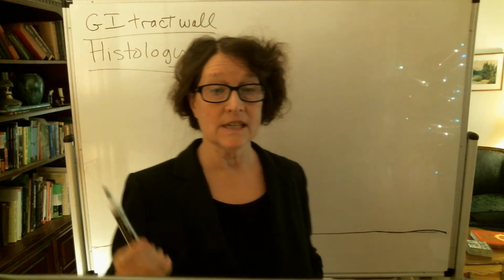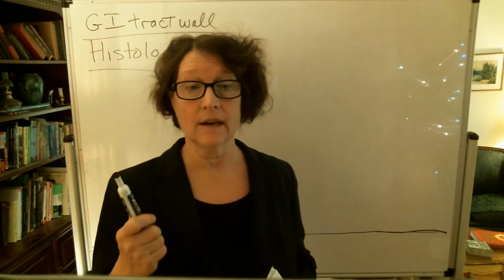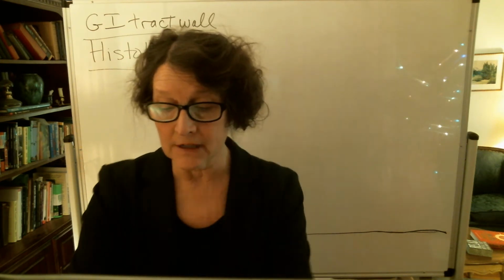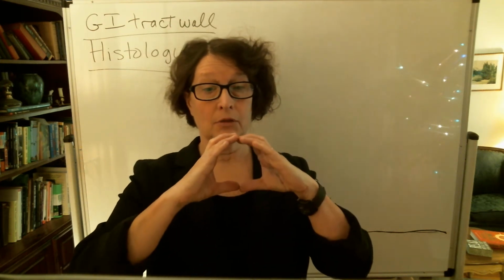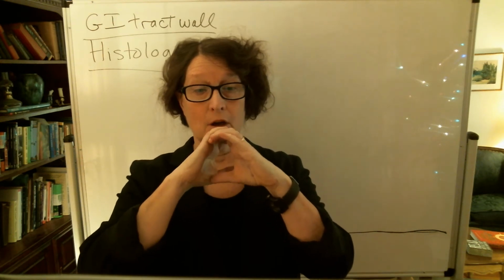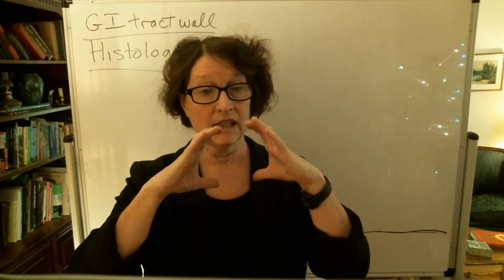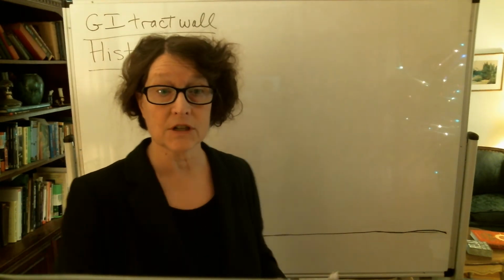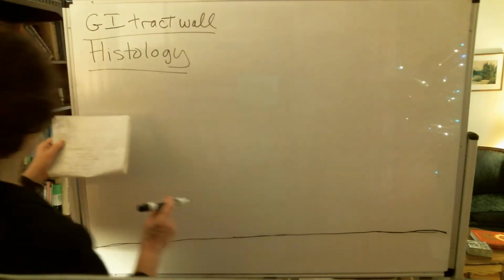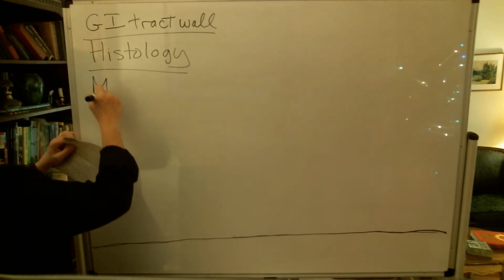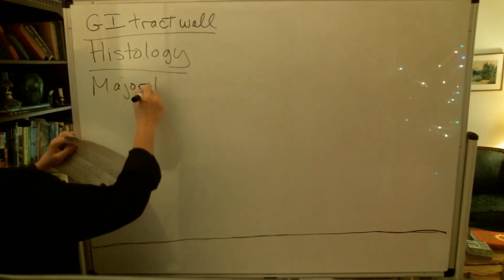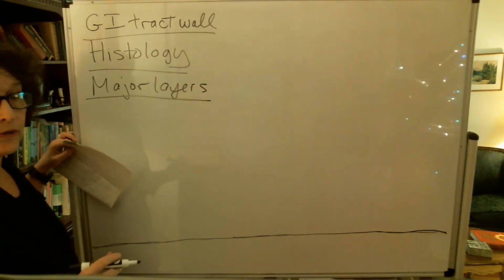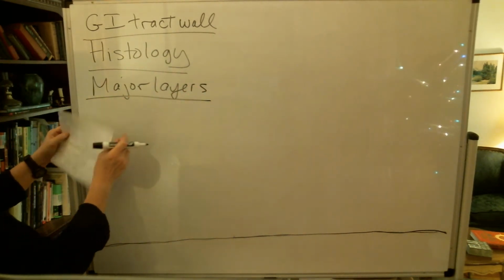This lecture is on the layers of tissue that are found in the wall of the GI tract. So the GI tract, as you know, is a tube, but the point is that it is made up of lots of different layers of tissue. And so I'm going to start with the innermost layer here. So here we have then the major layers of tissue that are found, as I said, in the wall of the GI tract,